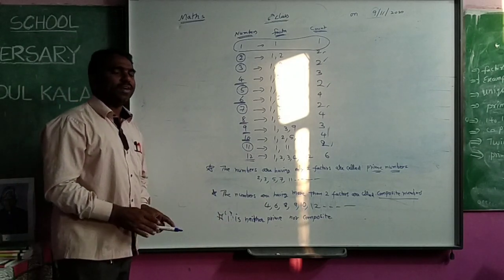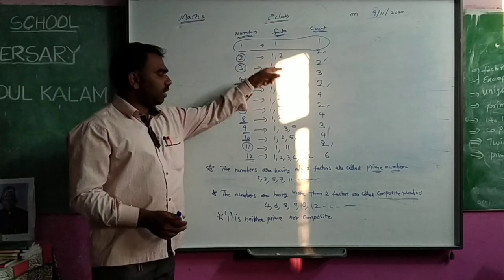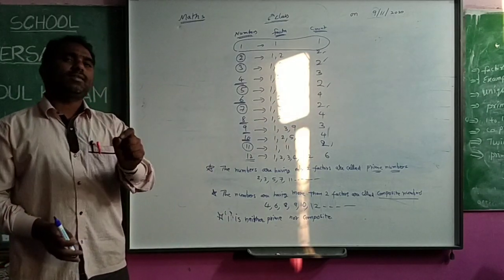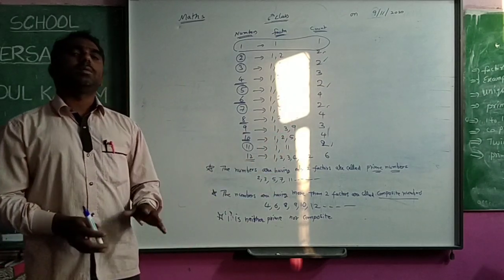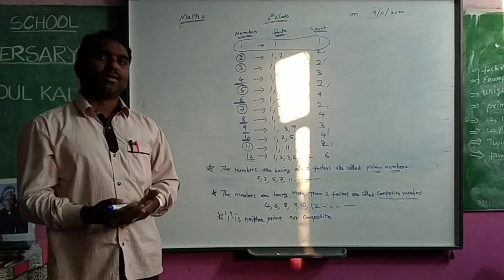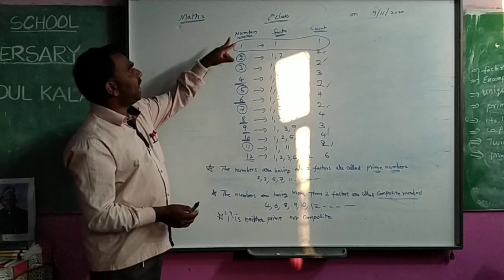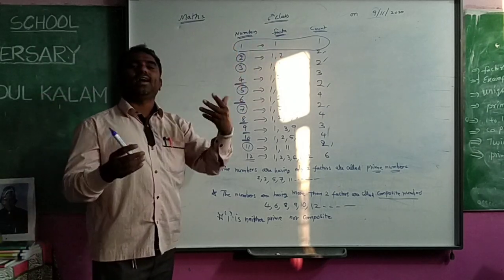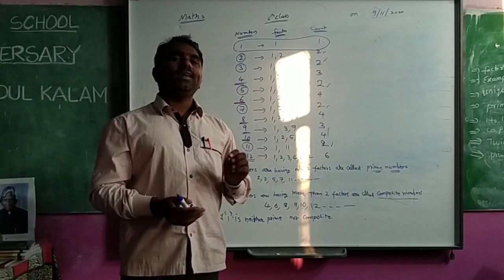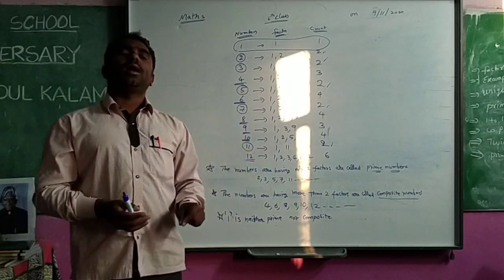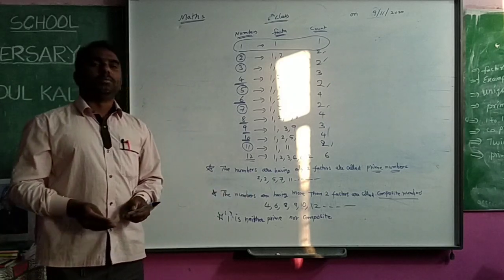Okay? Do you understand what we have discussed here? When I found the factors of something and counted the number of factors, I found some numbers are having only two factors, which are called prime numbers. Some numbers are having more than two factors, which are called composite numbers. And I found that one is not having two, and not more than two. It is having only one factor. That's why one is neither prime nor composite. It is not a prime number and it is not a composite number.